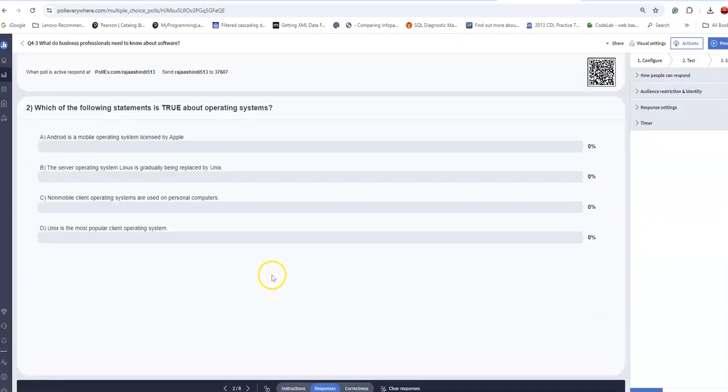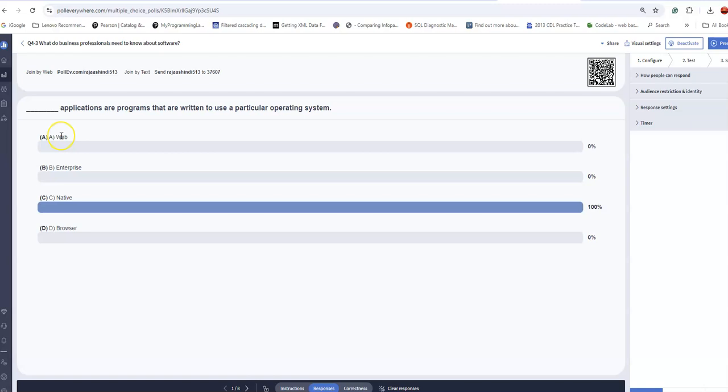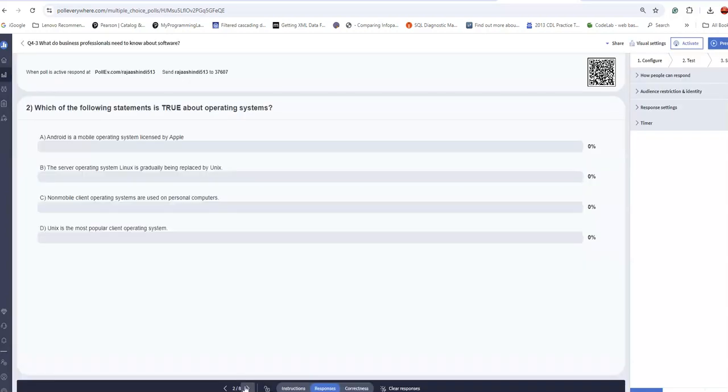Now the web application, let me go back and explain the others. A web application runs in the browser, and you just need internet access and a browser to be able to run it. The enterprise application also runs on a particular platform, but to classify it, we classify them as web, native, or mobile applications. I'm going to talk about categorizing in this video too, but let me first discuss these questions.